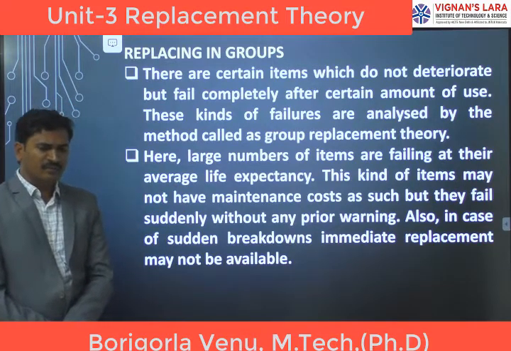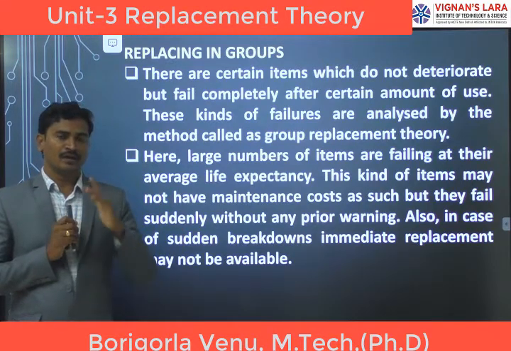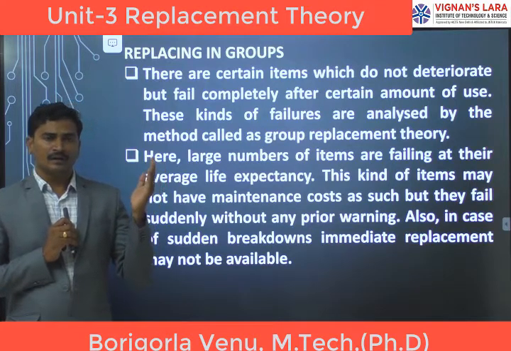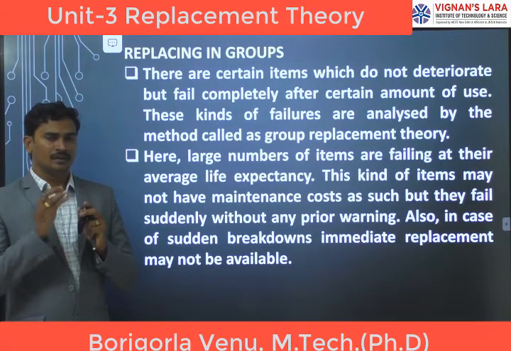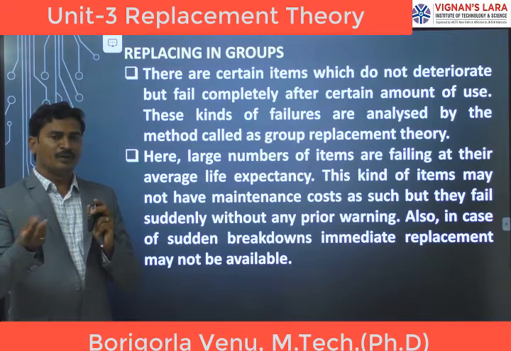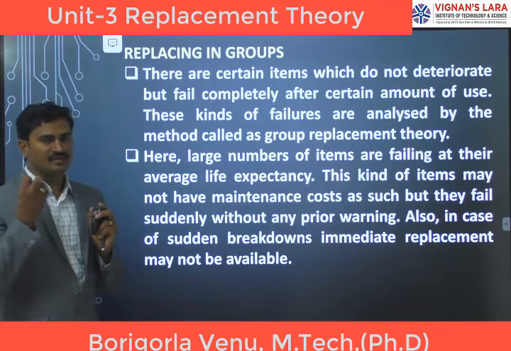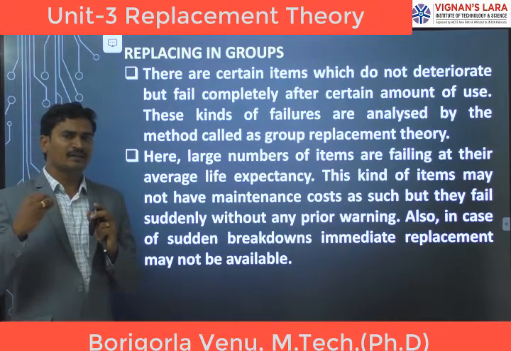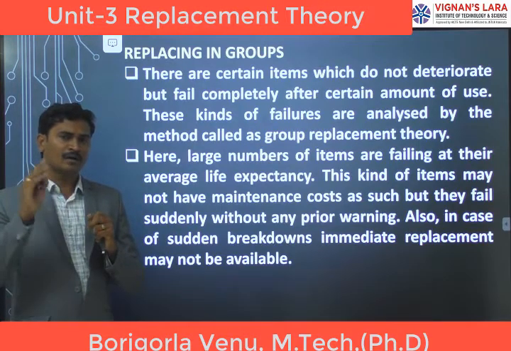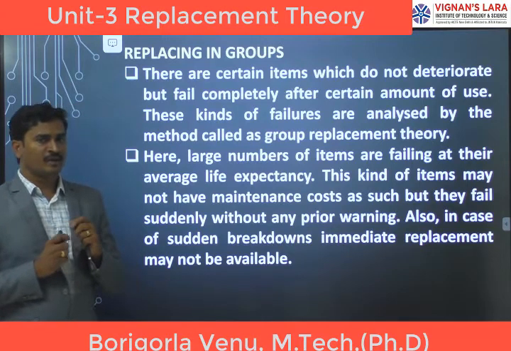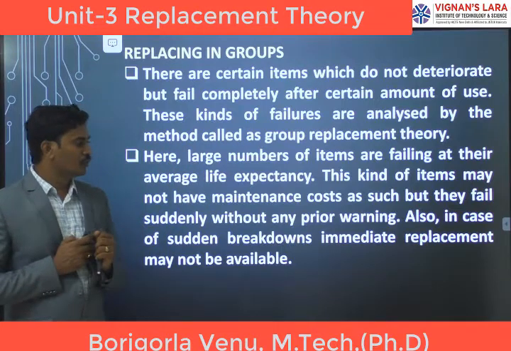Some days after, a street light will fail. If we have 10 poles, in that one light will fail. So we are going to replace that bulb after some duration. Some officials will come there, inspect, and replace. At the time of replacement, they don't replace a single item. They will replace all 10 bulbs on the 10 poles. They are going to affix new bulbs on all 10 poles by the concept of group replacement.